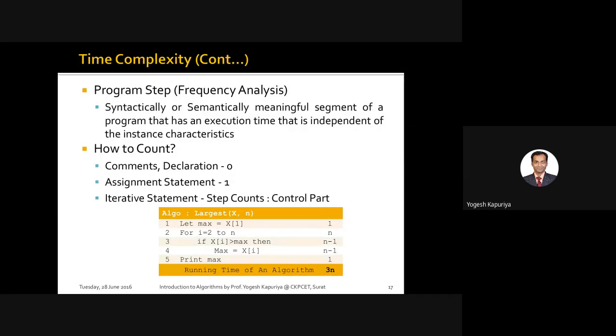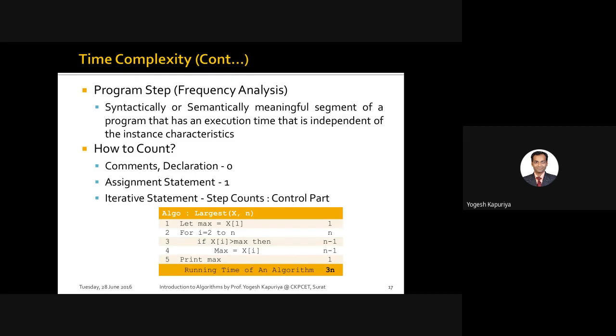Then you have a control part. When you are counting the steps for the control part, what is to be made sure is how many times that loop is going to run. That is the first step you need to observe. Second, depending on the type of the loop, whether it's a for loop or a while loop or a do while loop, we all know that loop always runs once more than the actual number of iterations, that is for the false condition.